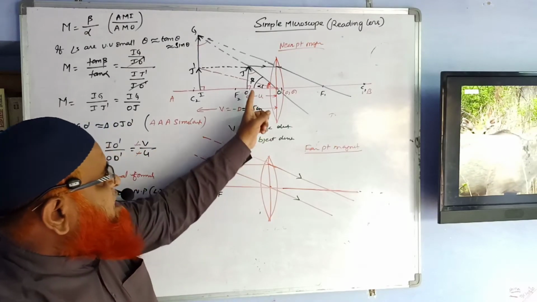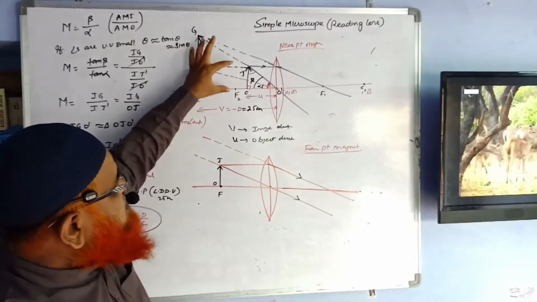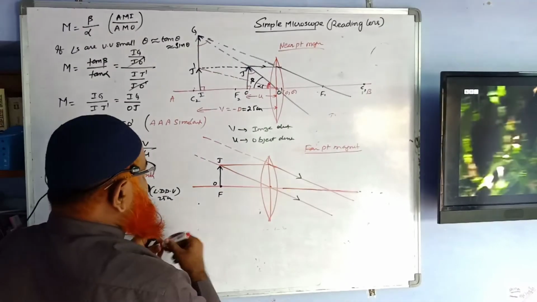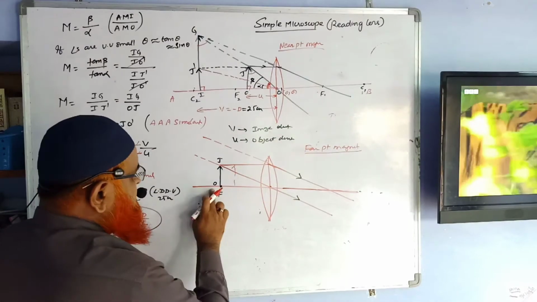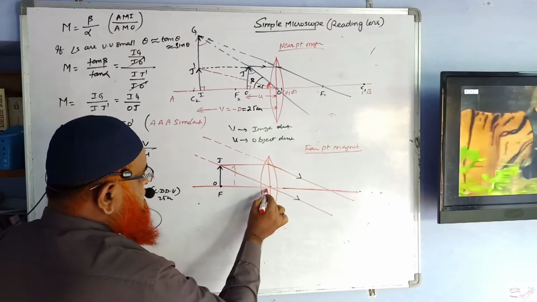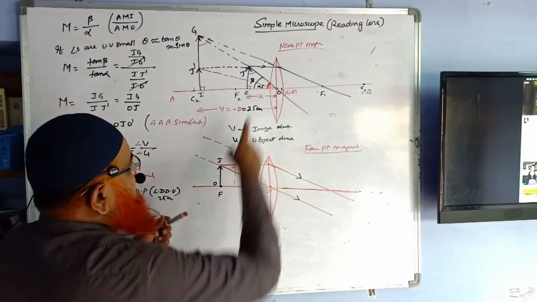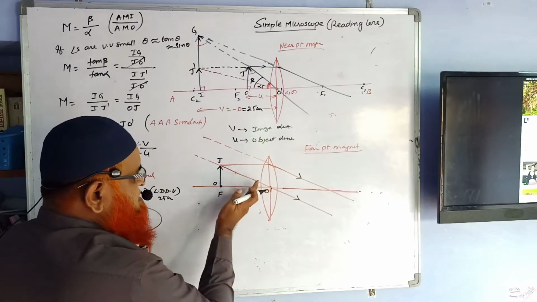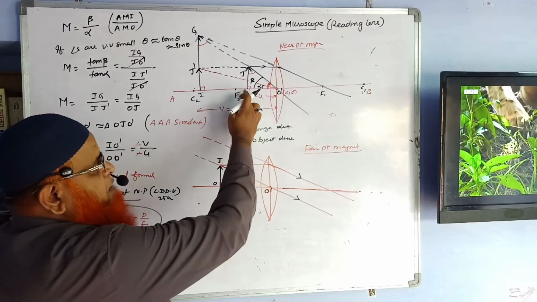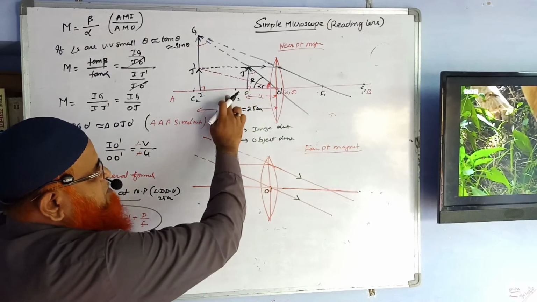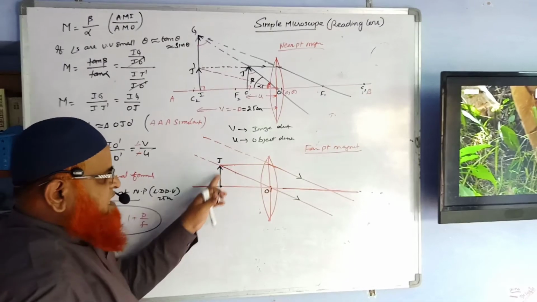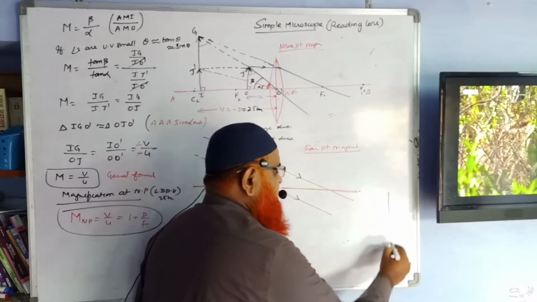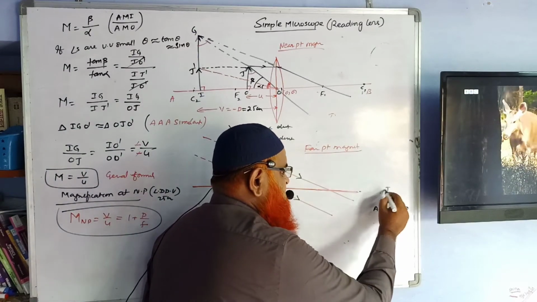Here, in far point magnification, you are shifting this object exactly to the focal point. The object which was in between the focal point and the optic center O dash, previously it was here. Now I am shifting this object a little bit, exactly to the focal point, at this place here. So when I shift the object exactly to the focal point, the final image is formed at infinity. Somewhere at infinity you are going to see the final image.